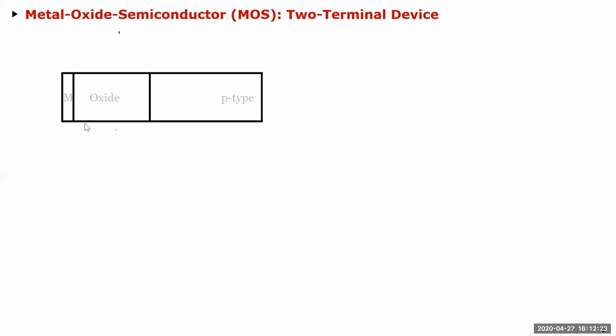I'll explain again. And then separated by oxide from a P-type substrate. Okay. So let's say we take this sandwich and we apply a voltage across it. So we apply some voltage VG across it. Then what's going to happen is,